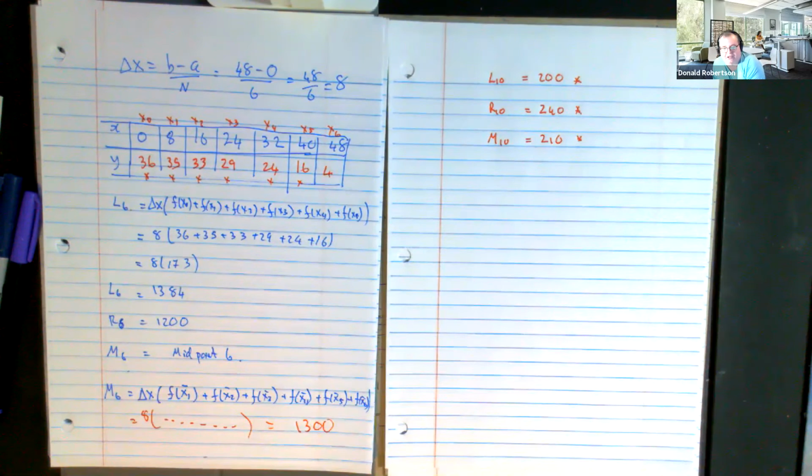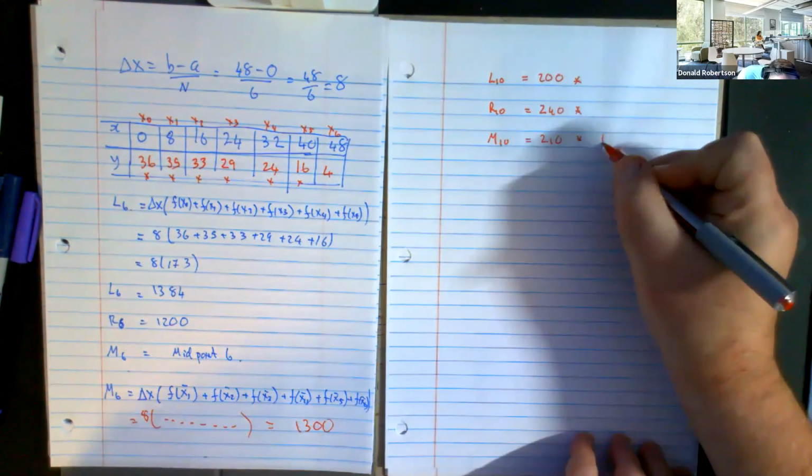When you put those 3 together, aren't you likely to say, okay, I don't know what the right area is, but it's somewhere between 200 and 240, and my best guesstimate was 210. So you've got a kind of range of values where you believe the answer would live, and M10 tends to be, out of the 3 choices,